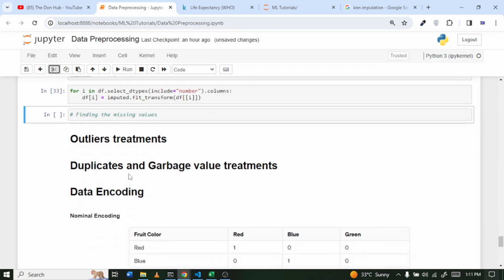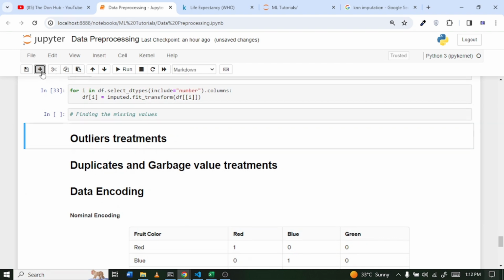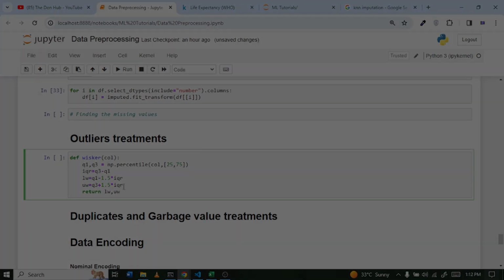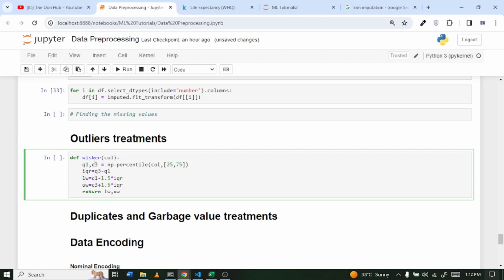Okay, the next thing you are going to deal with is outliers. Let me create a cell here. Here we are going to create a function to calculate our lower and upper quartile, and based on that we will use it to write some algorithms. Without wasting my time, I'm just going to paste the code and then I will explain it to you. As you can see here, we have a function called whisker and it takes in a column,